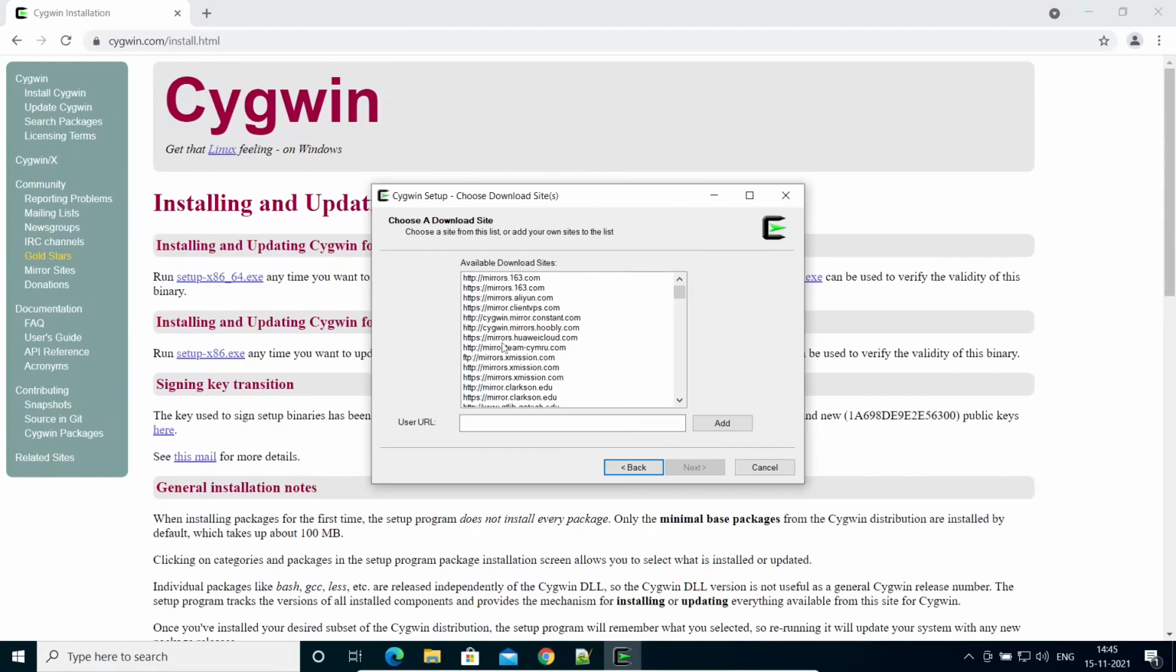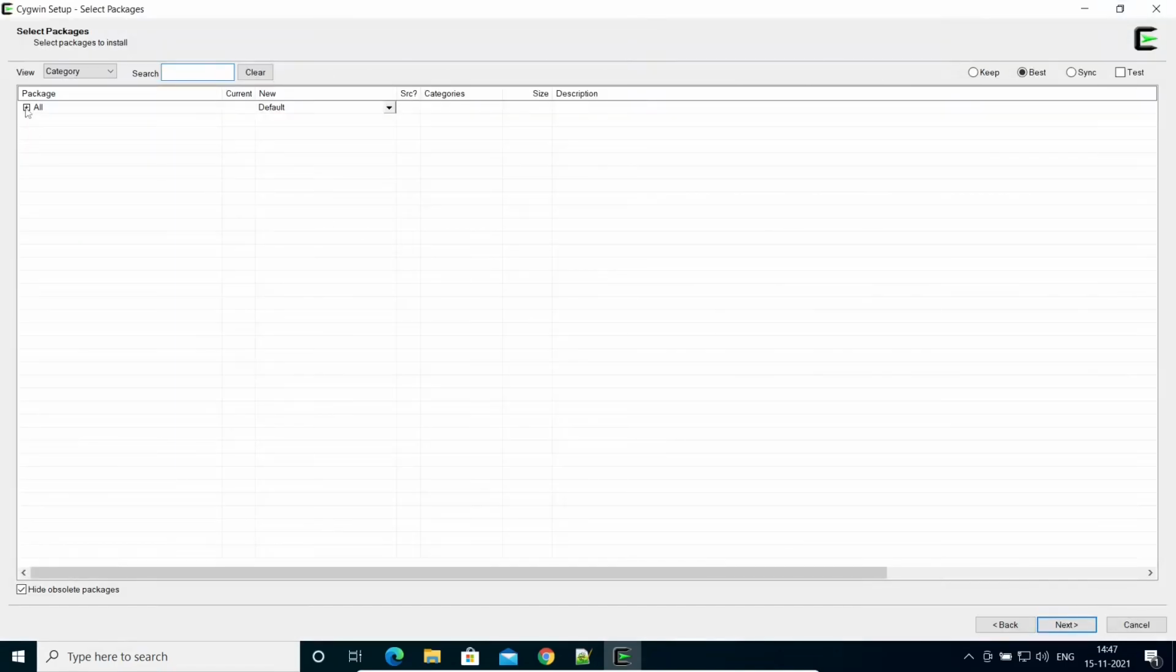Over here we need to select a mirror or a server from which Cygwin is going to download the required packages, all the required libraries. So make sure you choose the mirror wisely, because if you have chosen a wrong server, the download speed will be very slow, and you will need to wait much more time to complete the downloading and installation in Cygwin. So over here I'm going to use this particular URL,